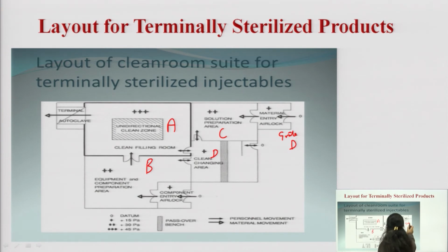So grade D will have the maximum contamination; if we are outside the lab, we have maximum contamination, and when we move from one area to the other area, that is material entry. Here we can see the material entry, and here we can see the clean changing areas. When we move from the normal lab towards the aseptic area, the whole lab will be categorized into 4 areas. First, we have to move from D to C. The movement must be unidirectional, that means we move from D to C, C to B and B to the aseptic area. We can't go from A to D directly.